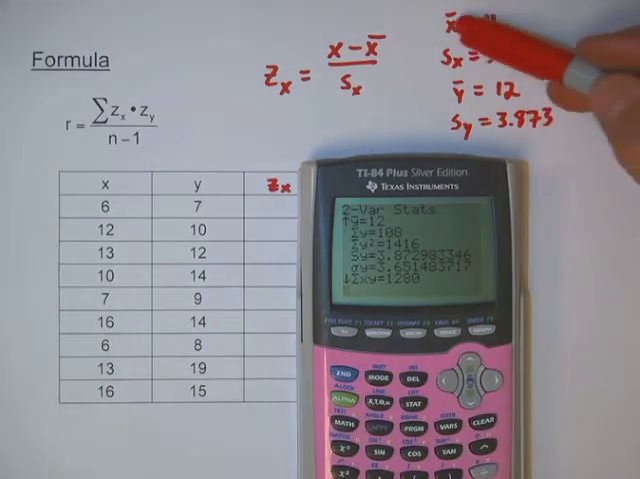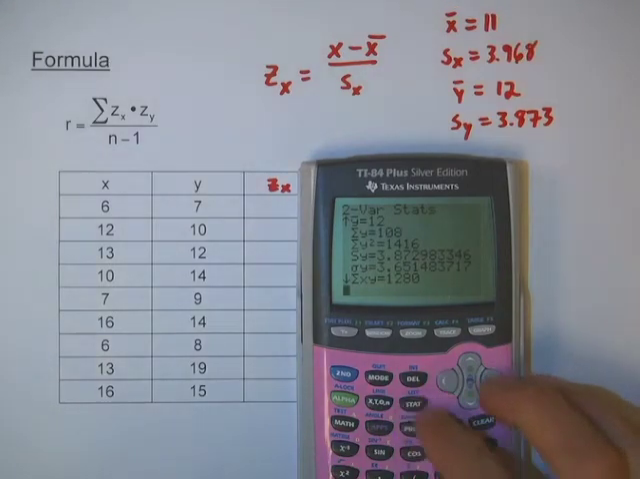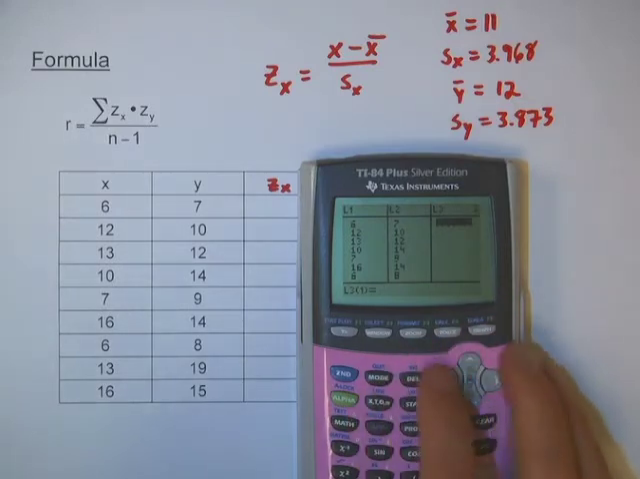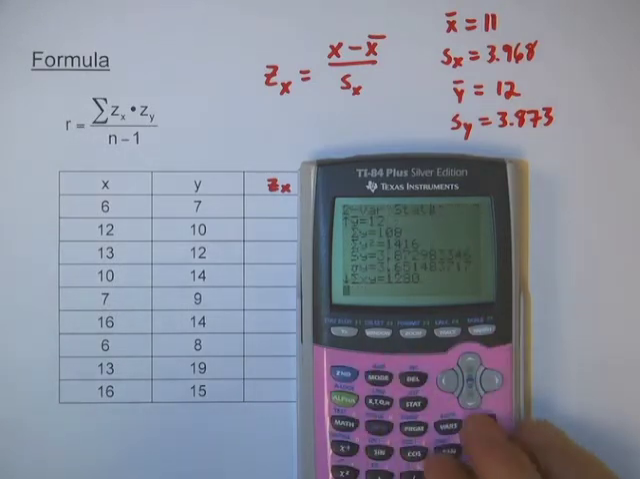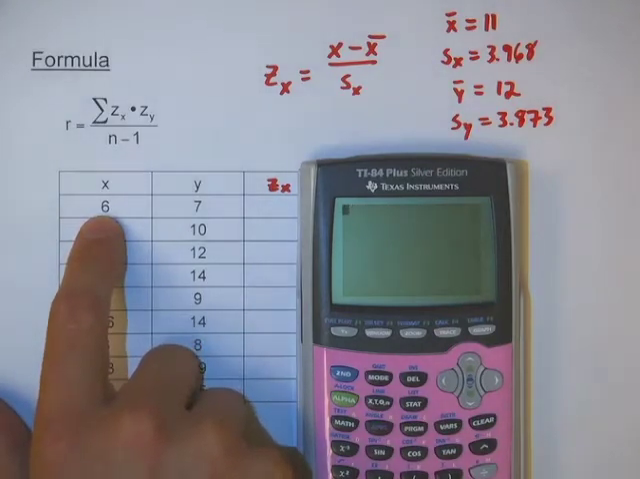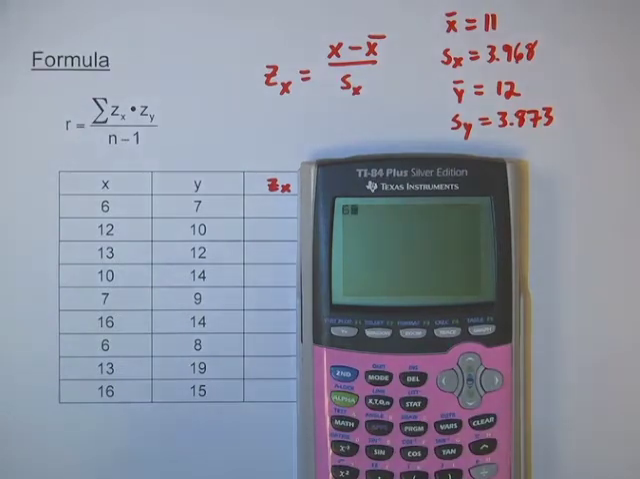Now I'm going to go back to my data, and I want to find the z-score for the first x value. My first x value is 6. So I'm going to calculate x minus x bar over s sub x. So 6 minus 11 divided by my standard deviation, which is 3.968. That ends up being about negative